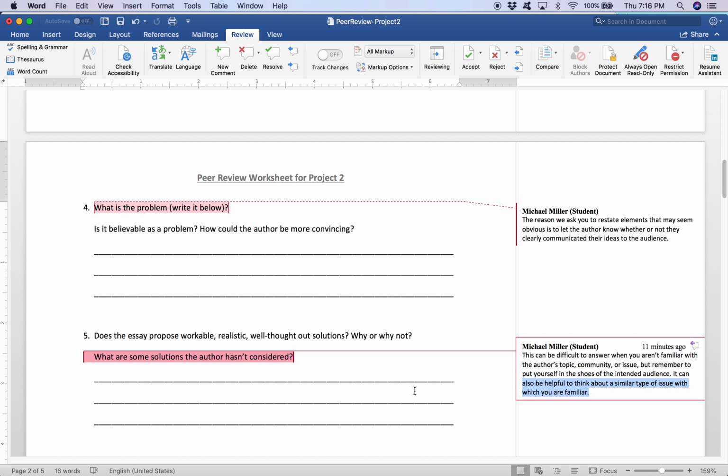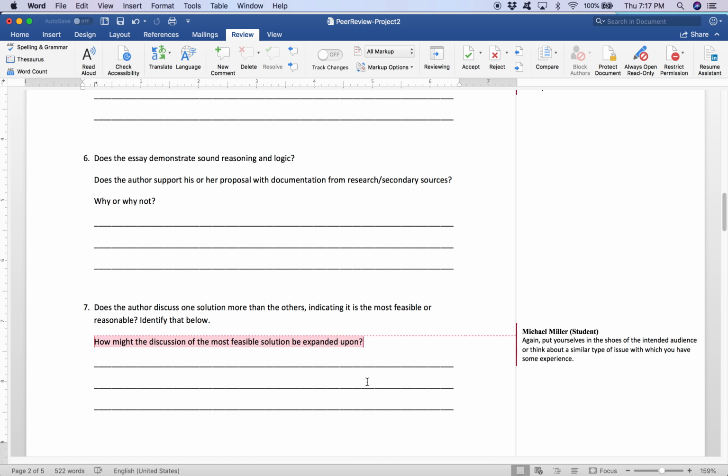So let's say someone's writing about the lack of technology in the United States Navy, which is a real example from this semester. You may have zero background in the armed forces, like me and Professor Tingle, but at the same time, what you want to do is think about what other experiences you have with a lack of technology, or being around people who don't understand or have access to technology, and how could you then use that sort of information in order to provide the sort of solutions that we're asking for in question 5.